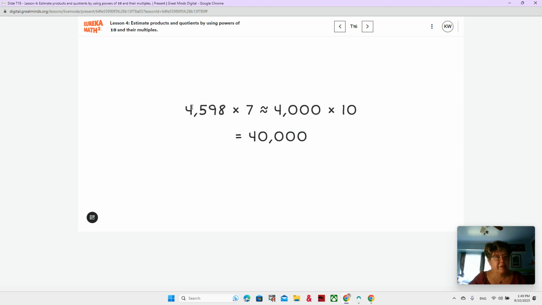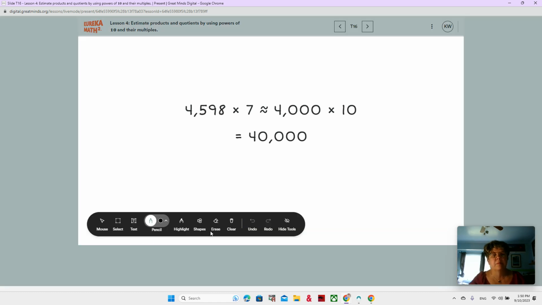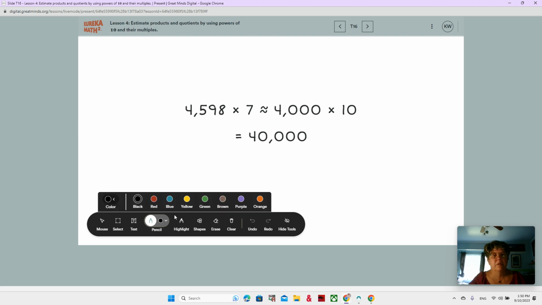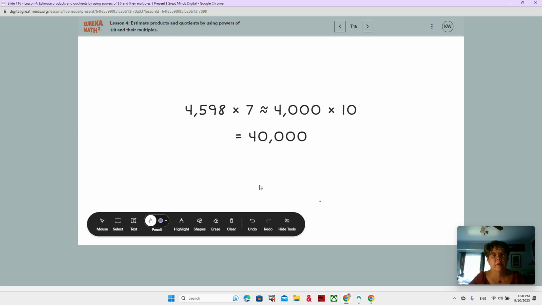She should have rounded this up to 5,000 because you see our 500 is going to be closer to 5,000, right? 5 or up. She should have rounded up. That would be one way to make that more reasonable. Let's use these tools this time just for fun. Pencil, purple. Okay, so if she would have said 5,000